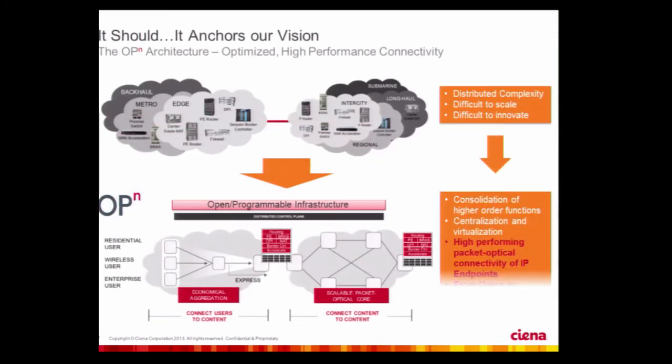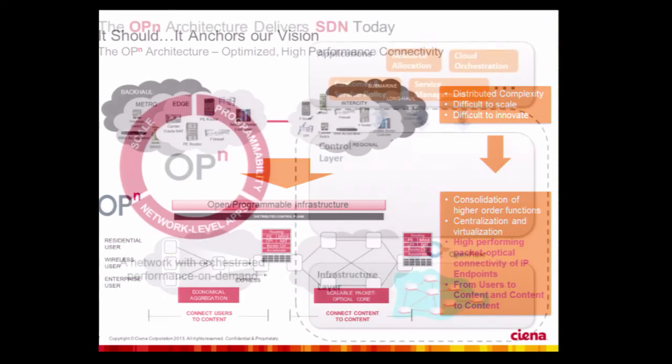So this is what we call in Ciena the open architecture. So basically we're moving from connections from silos to silos, like one connection for each application. We're moving to a more dynamic infrastructure whereby you connect the users to the content, or you connect content to content, and you're able to program the network and change it dynamically during the day.